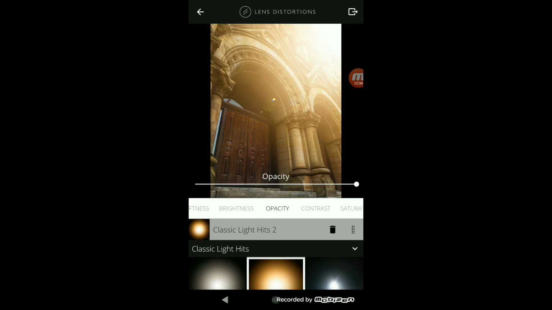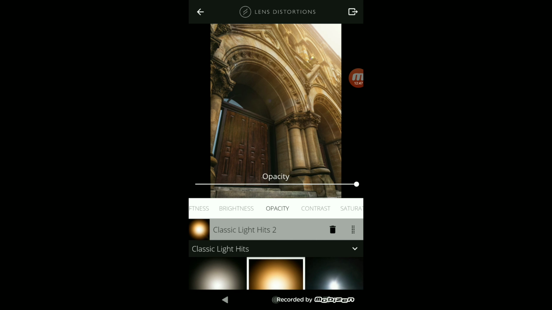If I bring it down, you can bring down the opacity of it. I kind of like it at the full opacity and just drag way back, so it just looks like the sun is just kind of shining on the front of that building, and throwing a little lens flare over the lens. You can adjust the softness,